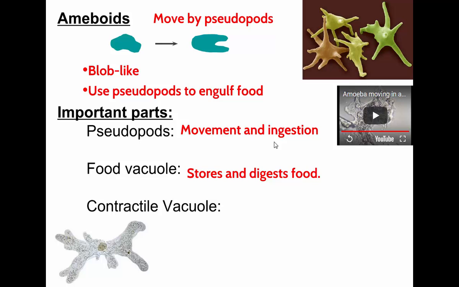So many protists have a special organelle inside of them that helps solve this problem. It's called the contractile vacuole. Its job is to pump out any excess water that's coming in. You may not know, but probably many of you in your house have a sump pump in the basement. What it does is when water is coming into your basement, the sump pump turns on, pumps that water out so your basement doesn't flood. You could think of the contractile vacuole as the same thing. As water comes into the protist due to osmosis, the contractile vacuole pumps out that excess water so it doesn't harm the protist.